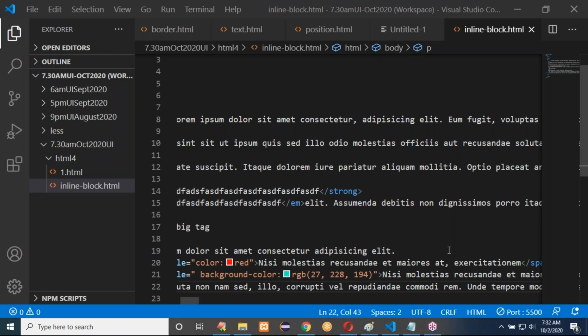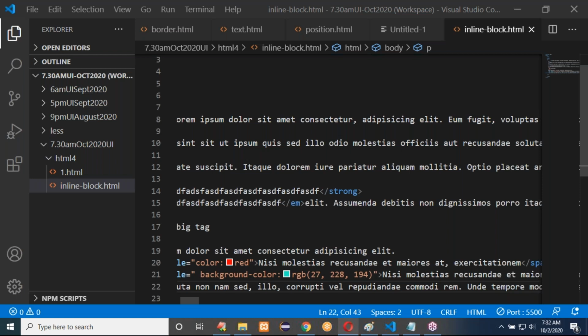Within the paragraph, you can highlight some part of the content, with font size changes or color changes. That we can do with the span tag. But the span tag doesn't have any property by itself. No, only the span tag has no effect. If you write the CSS, then only it will show the effect.